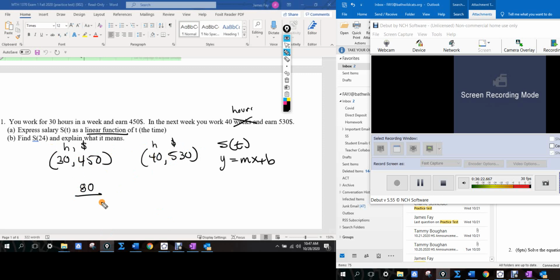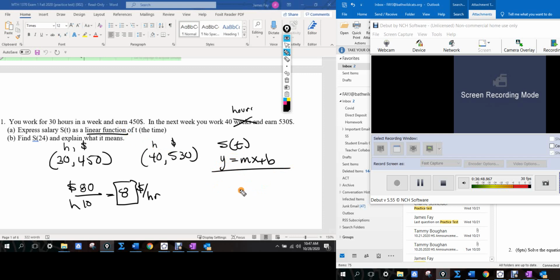And 40 minus 30 gives me 10. So what's that telling me right there? That's my slope. But 530 minus 450 was money, right? 40 minus 30 was hours, right? $8 an hour. It tells me my rate, correct? Okay. Now,